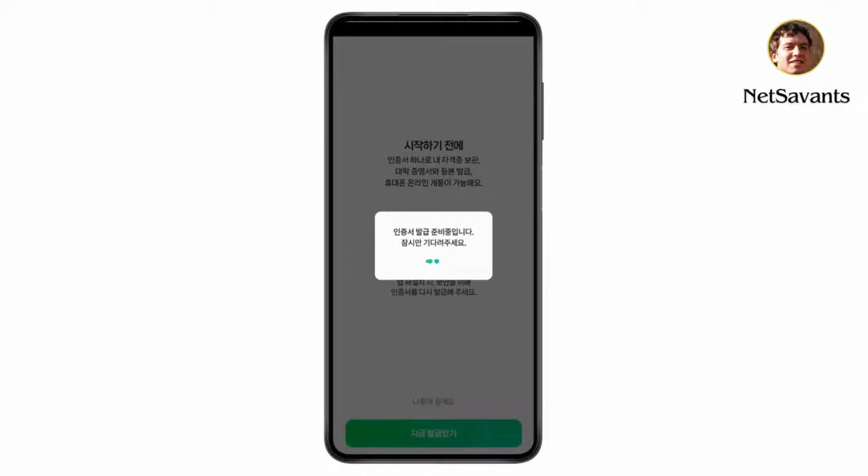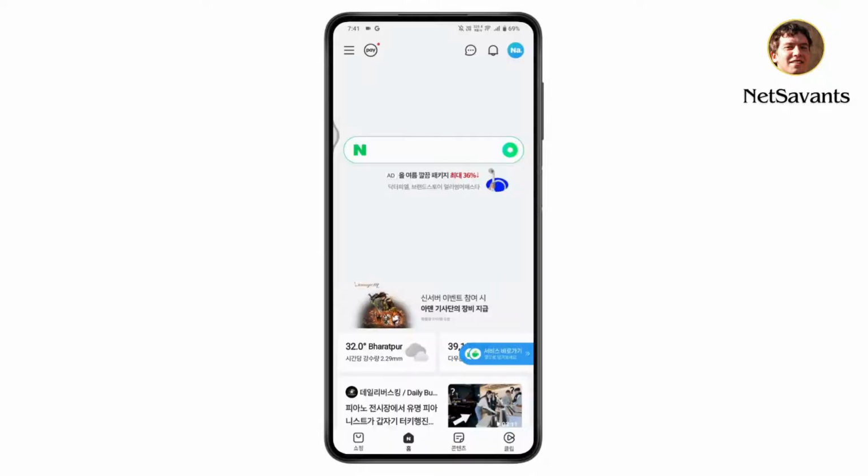So tap on continue, which is on the bottom of your screen, tap on sign in, and make sure to log in or sign into your account. Agree to the terms and conditions. So once you've logged in, now you just need to go for the upper left, which has that three bar